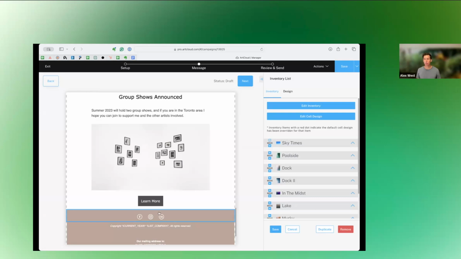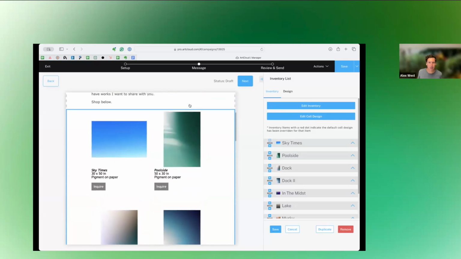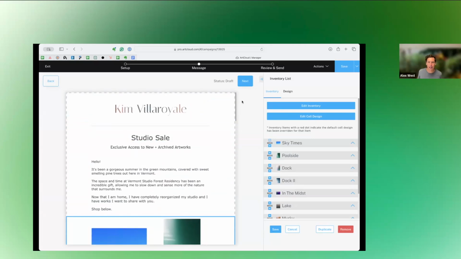So perhaps they don't follow you on social media, just include your socials in the footer. ArtCloud makes it really easy. Once you do that once, they'll automatically always be there in your footer, so you can always track that engagement. So your newsletters can maybe be driving more followers for Instagram, Facebook, or LinkedIn. There's obviously a lot more to the campaign builder, but that's a pretty good overview of adding and editing